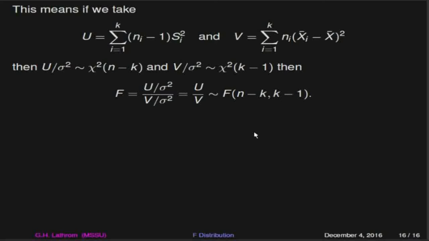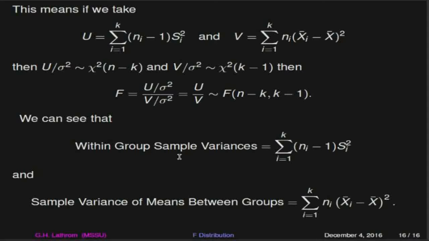Now, a lot of what you see typically with the analysis of variance is this discussion of within group sample variances. Within group sample variances are just the variances within our individual testing groups, and then you've got the sample variance of the means between groups. So you'll have the within group variances and the between group variances. And so that's our first sum and our second sum. So within group is our numerator, between group is our denominator. And so with that, we've got an F distribution